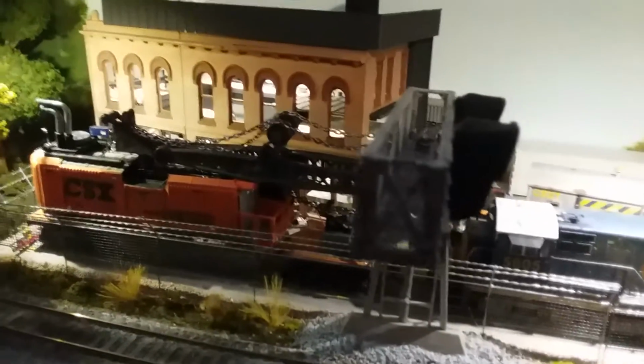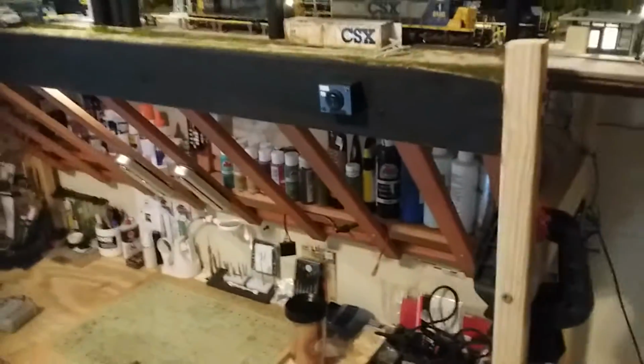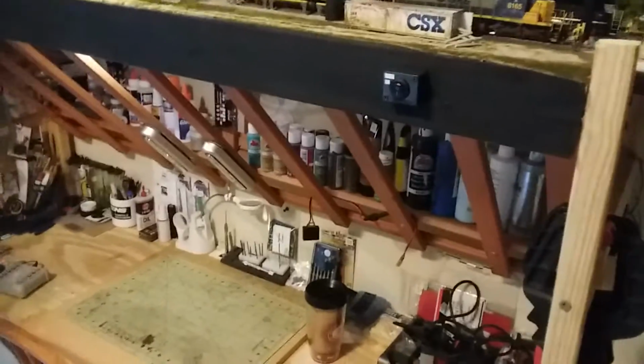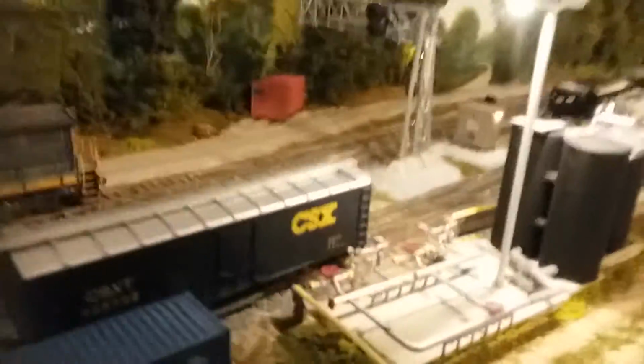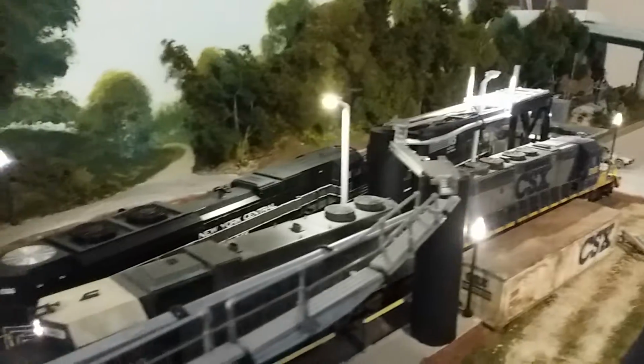And like I said, there's no big rush. I've got two more decoders coming in next week, and I'm going to pull out my command system. I can't think of it right now. I just got off work. I'm tired. I'm trying to remember what it was. Well, anyway, it's basically an MRC wireless throttle. I can't remember all the technical details, but I haven't used it in a while, and it's been packed up, and I'm going to get that out next week when I get my decoders in, because I want to put some in two units that I have that are still waiting for decoders, and then I'm going to hook this